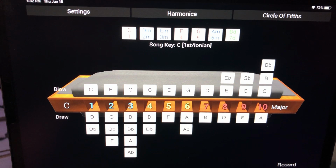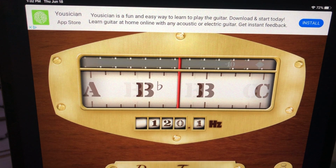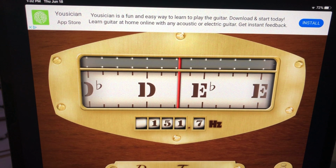And I really like Harp Ninja as a harmonica student just because you can see all the notes and you actually know physically what you're hitting. I think it is very useful. But you might not want to spend the money. So let's go take a look at another app. There are plenty of free chromatic tuners. That's what we're using, a chromatic tuner. This is called Piano Tuner,